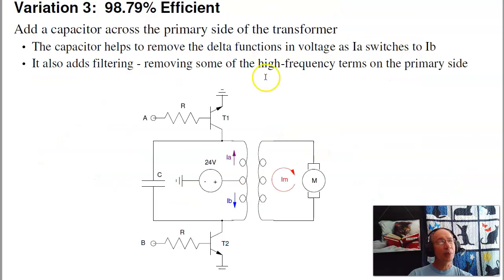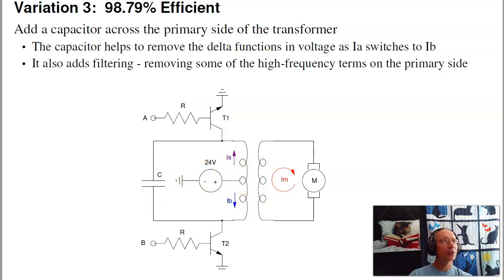I can do better. Going back to the center tap transformer, when IA is turned on, I store energy in this inductance. When I switch over to IB, that field collapses. It has to go somewhere. If I had a capacitor in parallel, then the capacitor is kind of like a battery. As IA goes over, it charges the capacitor, and then the capacitor discharges and helps IB. That helps reduce the delta functions, which are burnt up as heat, high frequency terms. It also acts as a filter. If I can get rid of the high frequency terms, I have more of the energy in the first harmonic. If I tune C just right, I can get